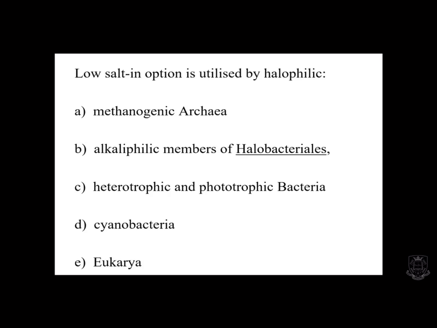So C, D, and E are very large groups. A and B are two specific niche groups, to make the point that there is not this distinction anymore between the archaea and the bacteria and algae in terms of high salt against low salt. It's a bit more complicated.